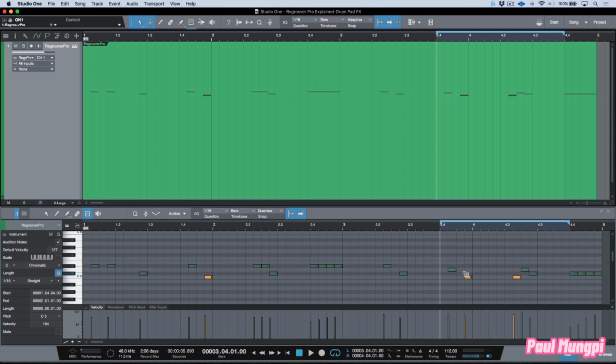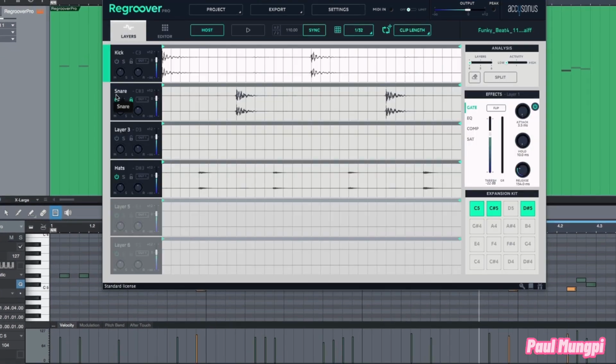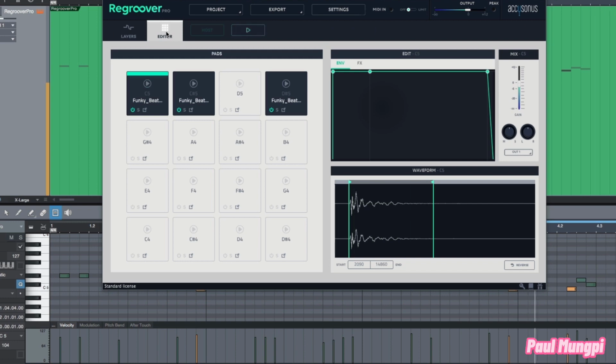the kick notes being triggered, but we're also going to hear the layers. So let me just come into our layers section over here and let's just power down these layers because we're going to be engaging playback from within our DAW, and this would be following because it's set to host right now. So let's go ahead here and let's just press play. Okay, so now we have these kick drum samples that are coming, but these are not being triggered by the layers section. These are being triggered by the editor section. So I've mapped out these two notes, which are C5, and they're triggering this sample that we extracted from the